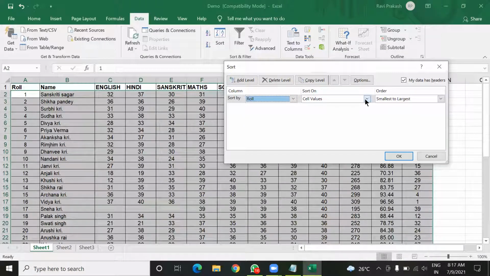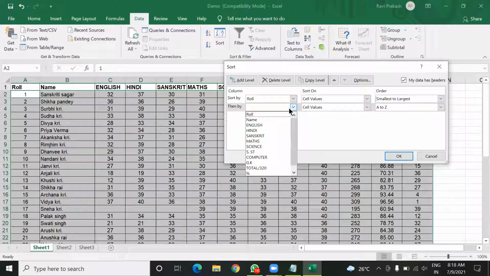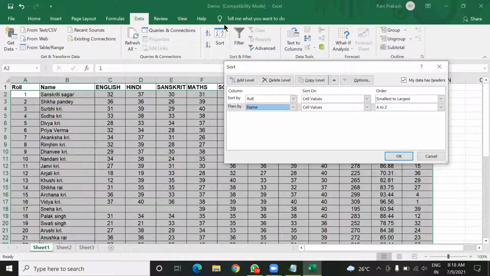It should be cell values only. And here in the order you can select the sorting criteria, whether you want smallest to largest or largest to smallest. Now you can also add another level, another level meaning another column. So here after roll number you can give the name also. Wait for 1 minute.